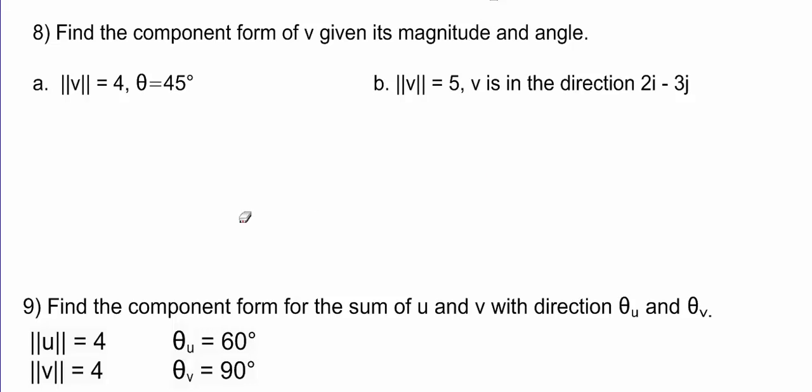And when I say we'll use it as we move forward, I mean very quickly we'll use it as we move forward. How about number 4? We're given a magnitude and we're given a direction angle, right? So what I'm going to do is go ahead and find the component form of the vector by using the